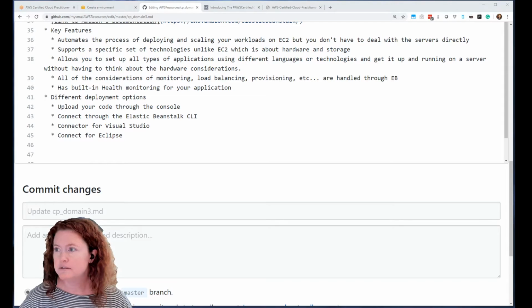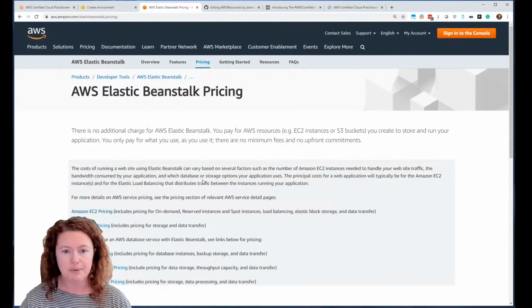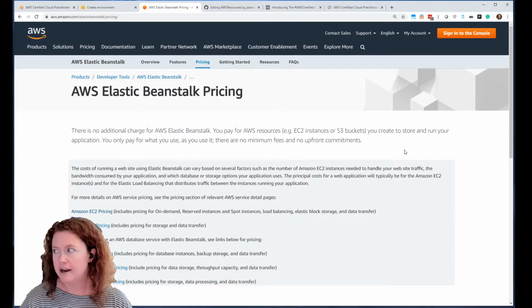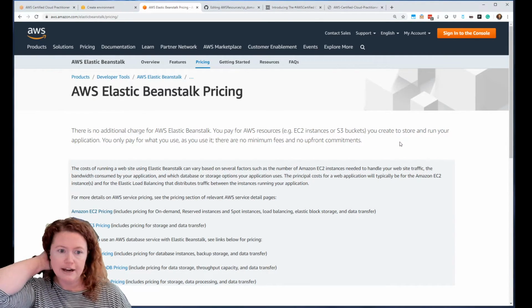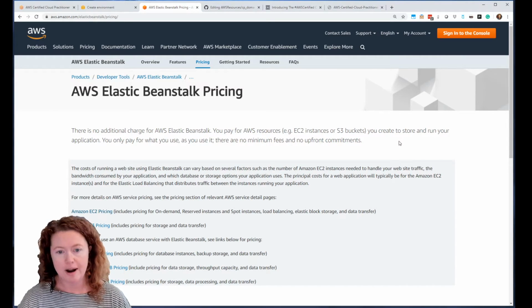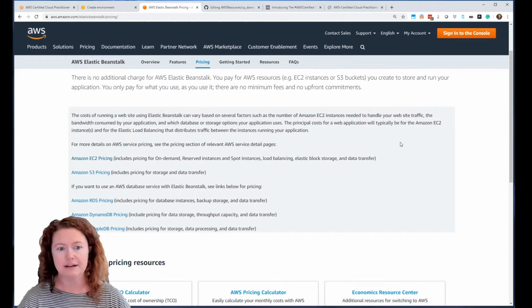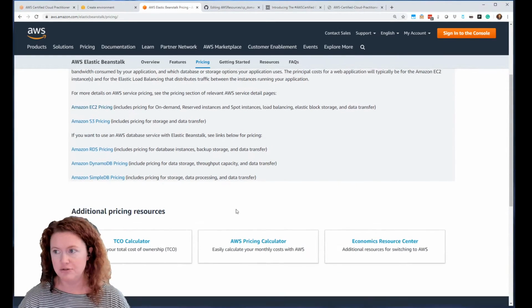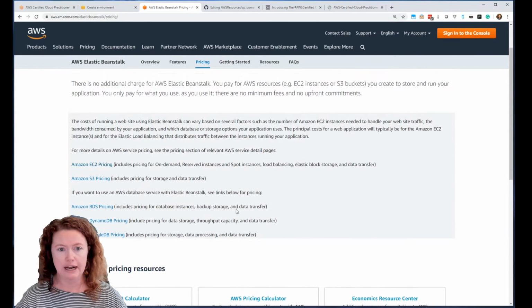Pricing wise, you can come in here to the pricing page. You only pay for, again, what you're using, but that's EC2 instances or S3 buckets that are used to create and store and run your application. So Beanstalk itself doesn't have pricing, but you're still going to pay for the EC2 pricing and the S3 pricing, or if you're using any databases, any database resources that are necessary to